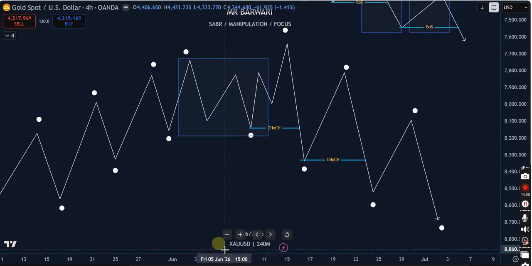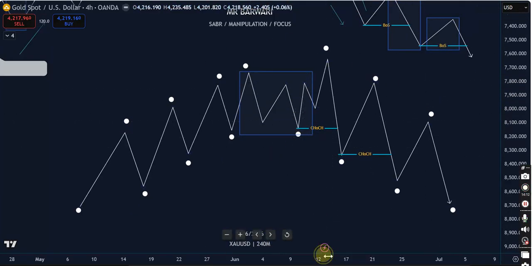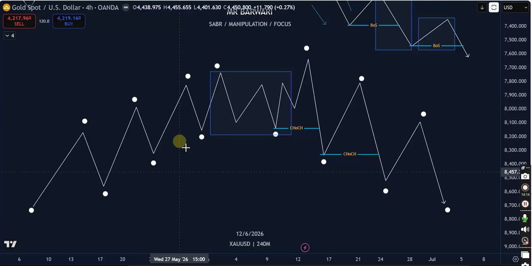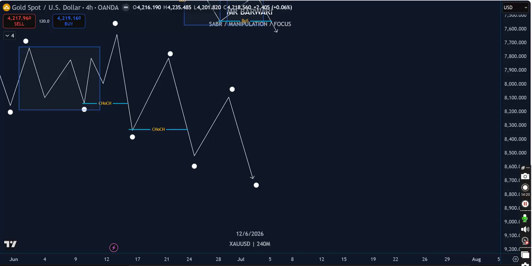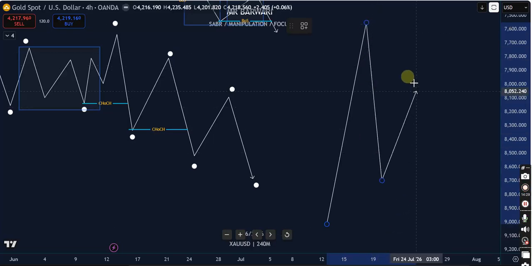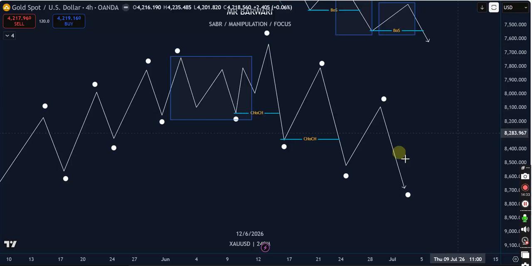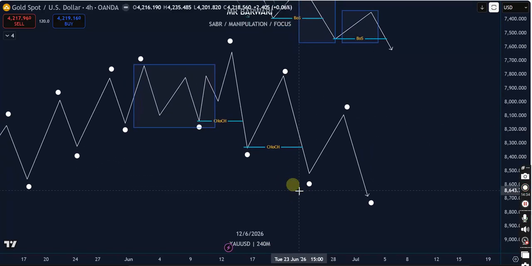So this is a clear order flow shift. This is order flow, guys. We're going up till we no longer go up, we go down. Because it's not always that prices are going to go up. Everything that goes up must come down, and everything that comes down must go up again. That's a basic law in life. So yeah,